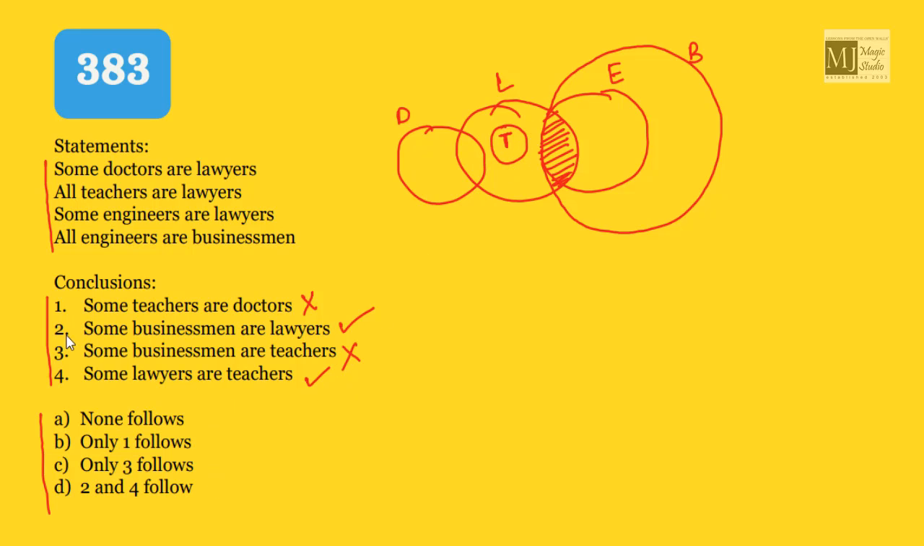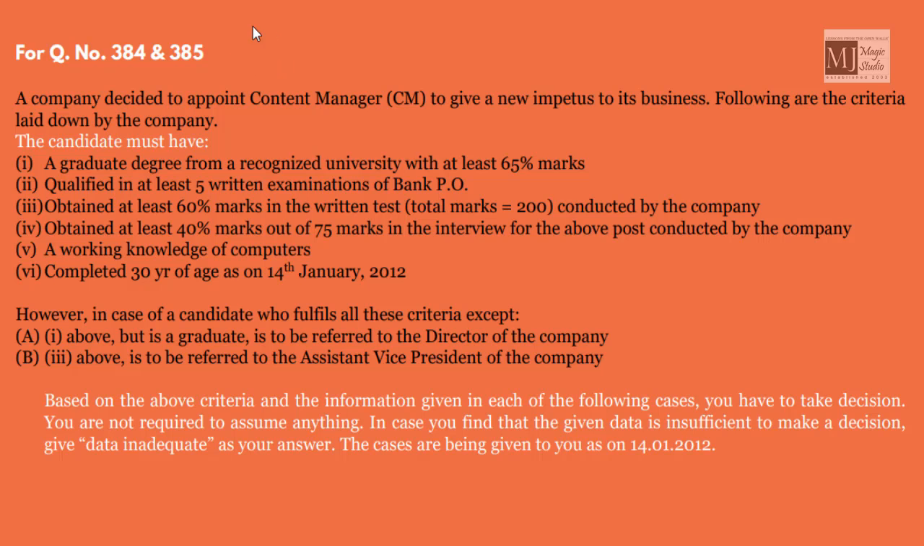Straight away we can see that conclusions 2 and 4 follow. We have an option D which says 2 and 4 follow. Option D fits in. Okay, for questions 384 and 385 belonging to the eligibility test, a company decided to appoint a